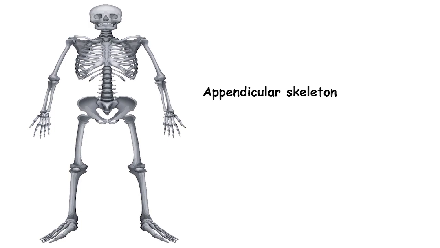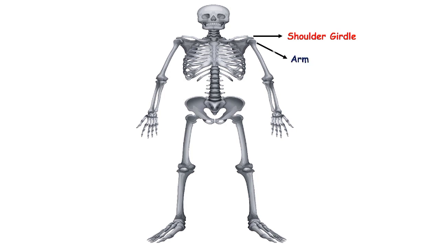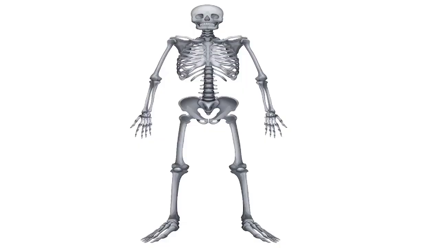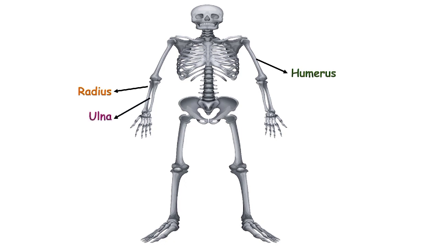Now, let's move on to the appendicular skeleton, which includes the bones of our limbs and their supporting structures. The upper limb consists of the shoulder girdle, arm, forearm, and hand. The shoulder girdle includes the scapula and the clavicle. The arm has a single long bone called the humerus. The forearm consists of 2 bones, the radius and the ulna, and the hand is made up of the wrist,